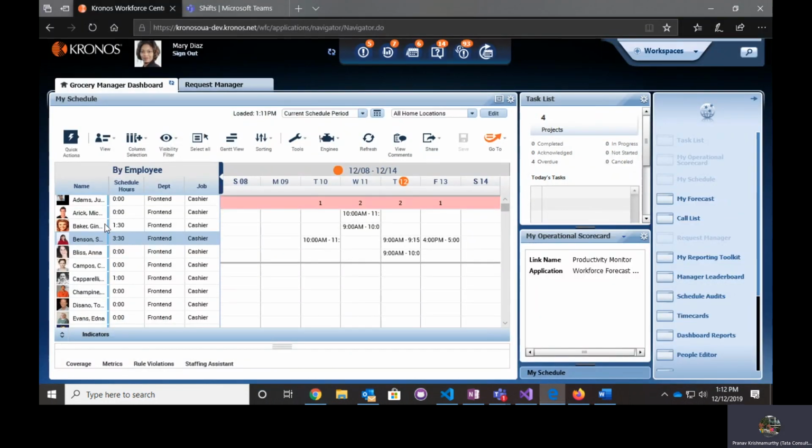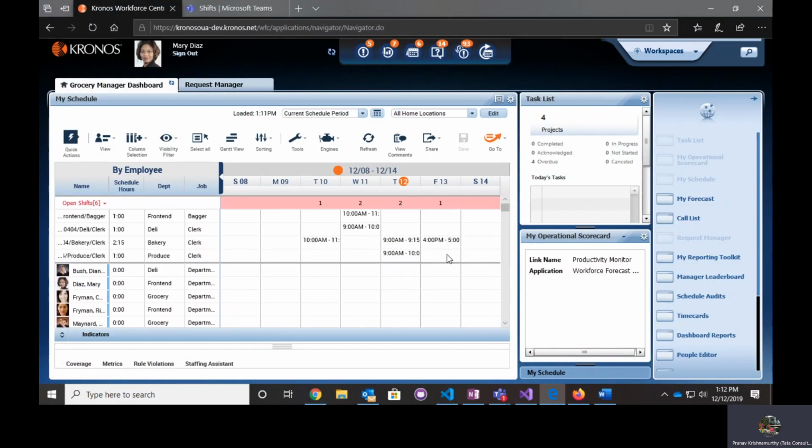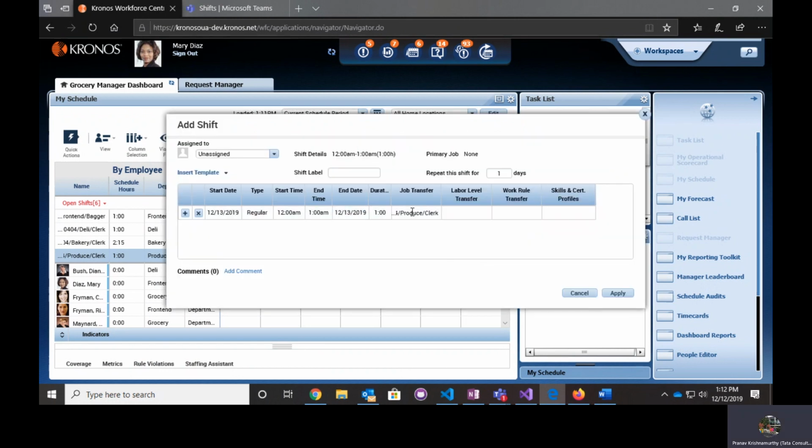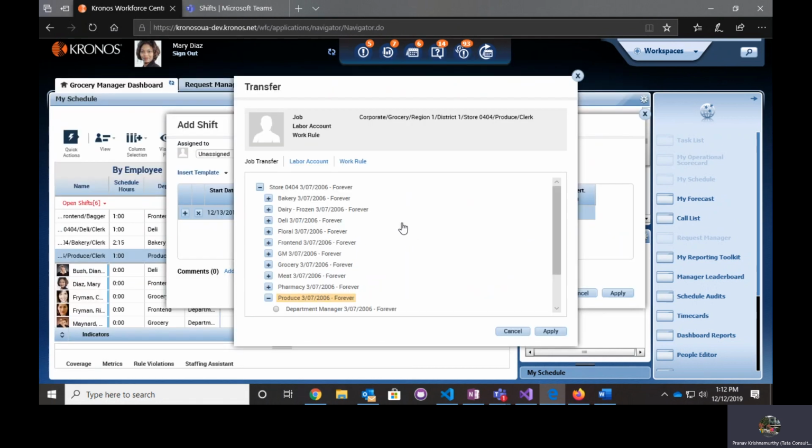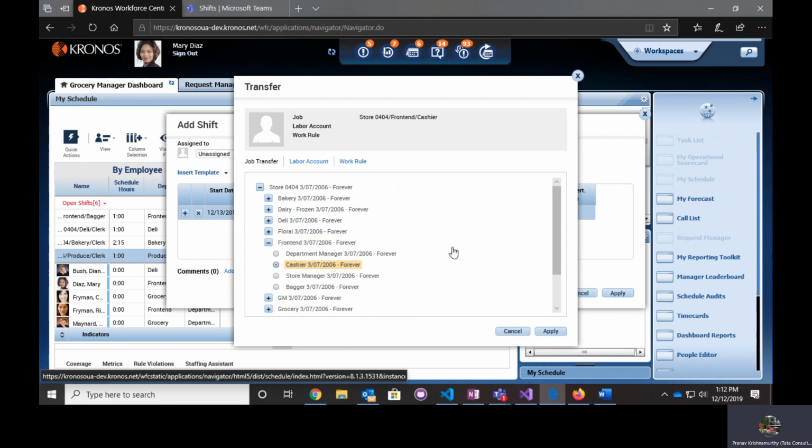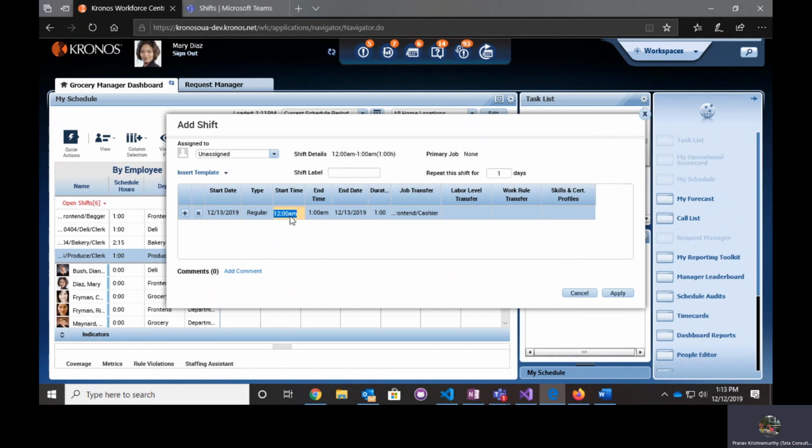So I'll go into Kronos and I will make sure to create the open shift first on the 13th. So I'm going to add a shift. And in Kronos, the job transfer. When you're adding an open shift, it is important that you add the job transfer, which only means to say, okay, which org job path or which team are we adding an open shift for? So in this case, it's the front end cashier,